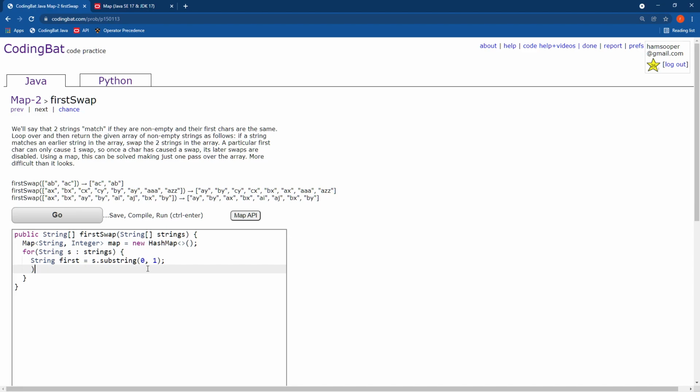Okay, so I'm going to get the current. Well, first I'll say if the map does not contain s as a key, I'm going to put s to have the value I, and I'll actually need to do an index-based for loop, so strings.length I++, and this will need to be strings I, and I'll just say string s equals strings I. So if it does not contain the first character as a key, then I'm going to put first to have the value I. And then otherwise,